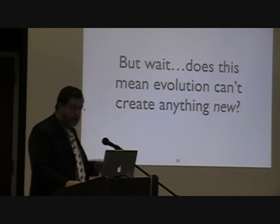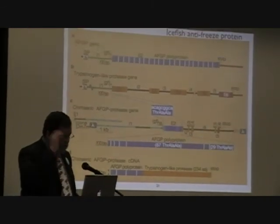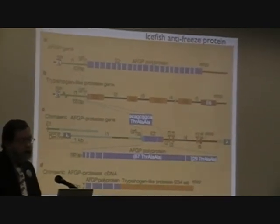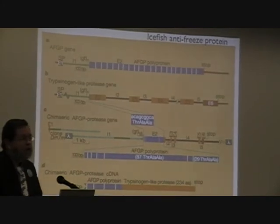I'm going to show you a very complicated diagram. Don't be intimidated. This is a couple of genes in the ice fish. And if you want to know more about this, I really recommend